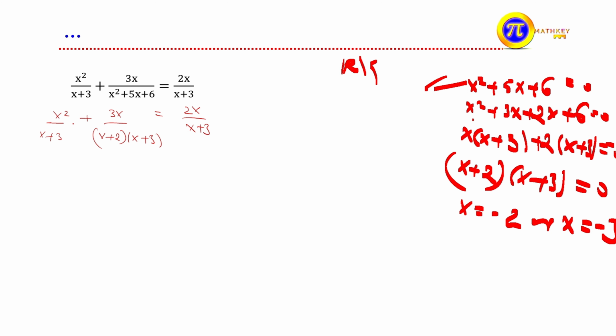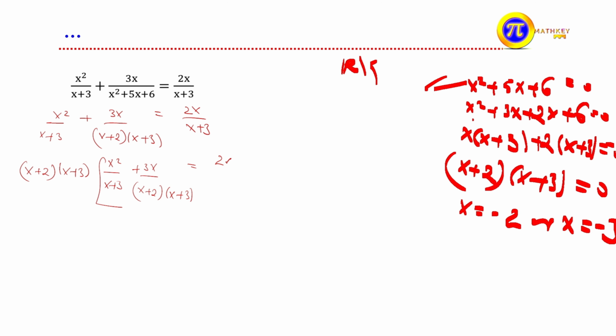If that's so, you know that the LCM is what? x plus 2 times x plus 3. So we multiply both sides by the same LCM. That means x plus 2 times x plus 3 times the whole terms. That means x squared over x plus 3 plus 3x over x plus 2 times x plus 3, which is equal to